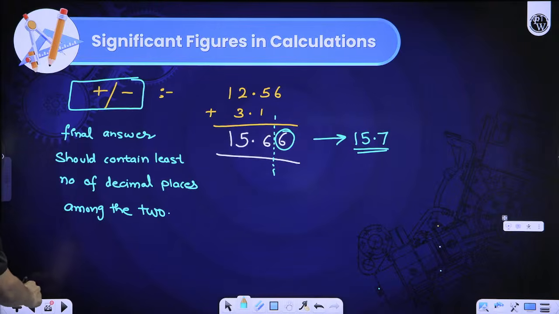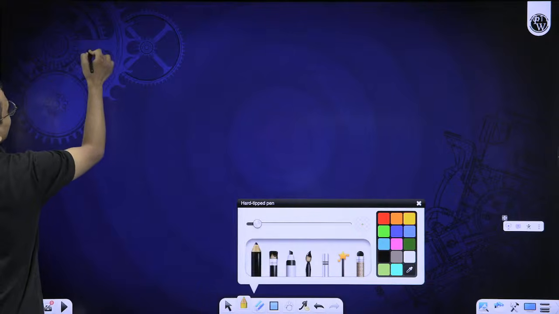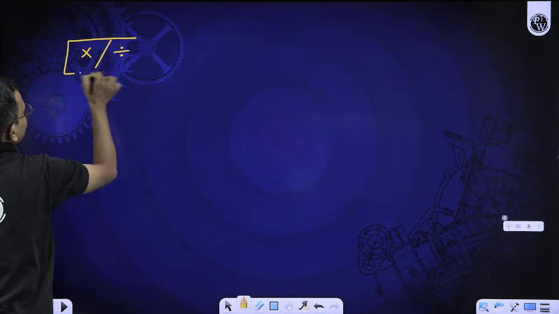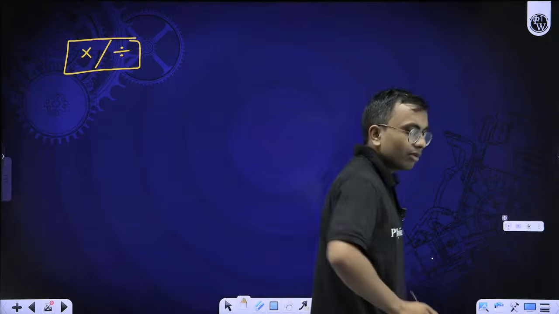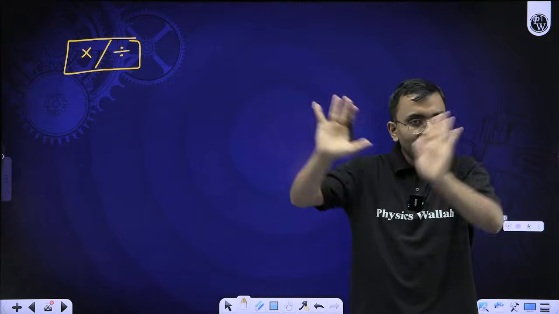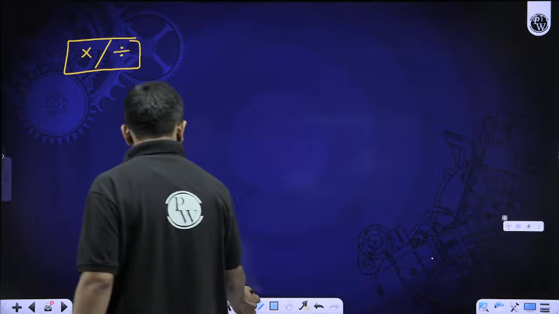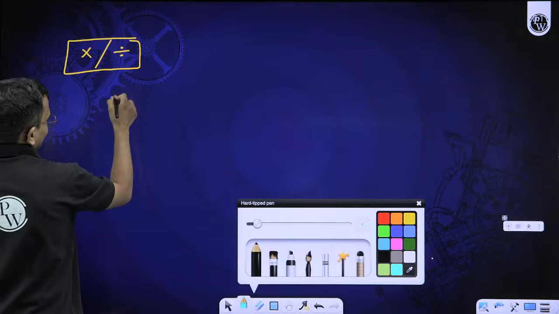Then this was for addition and subtraction. Now I am talking about multiplication and division. Now multiplication and division rule says we check total number of significant figures. We don't check after the decimal. We check total number of significant figures. So here this rule says the final answer